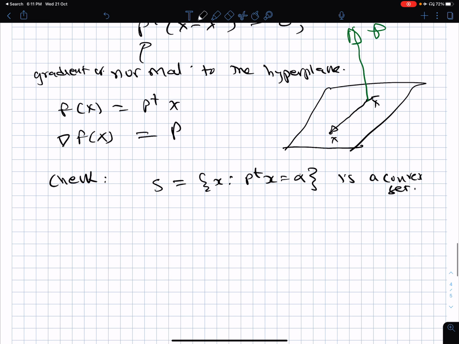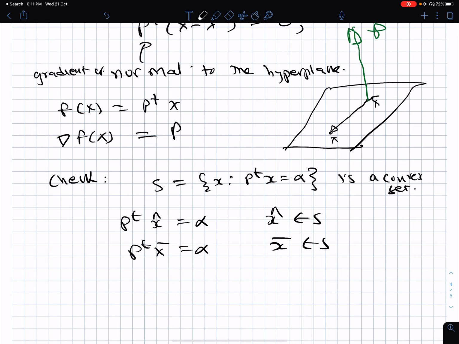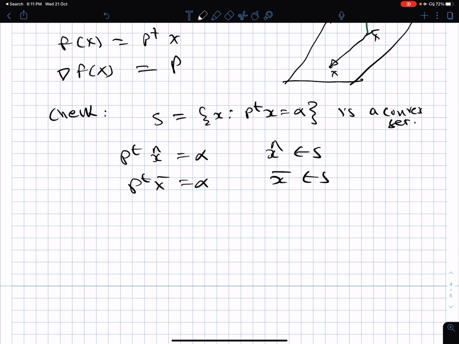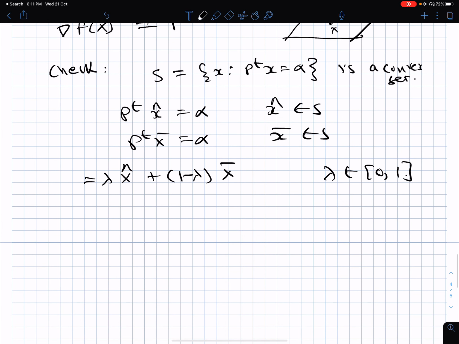So what I do, I take one point, let's say x bar, which comes from the set S. I take another point, let's say x hat, which comes from the set S. Then next I take the convex combination of these 2 points. So lambda comes from 0 to 1. I take this as x, and then I evaluate P transpose of x,